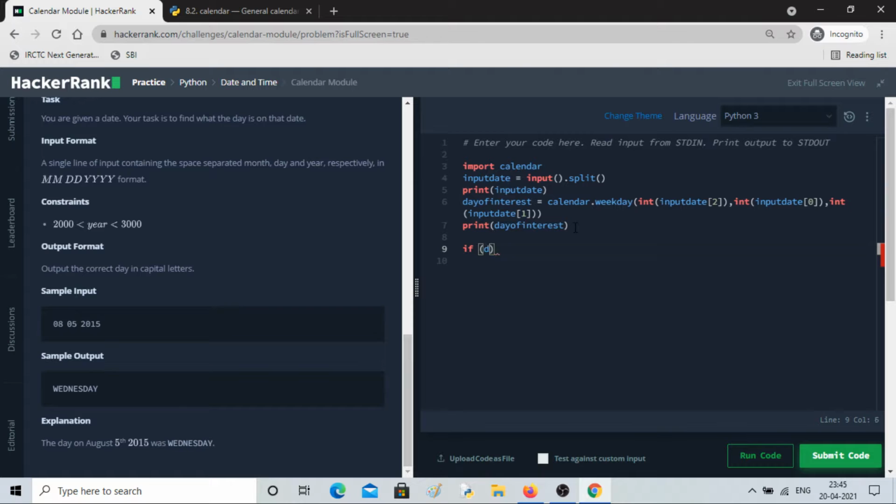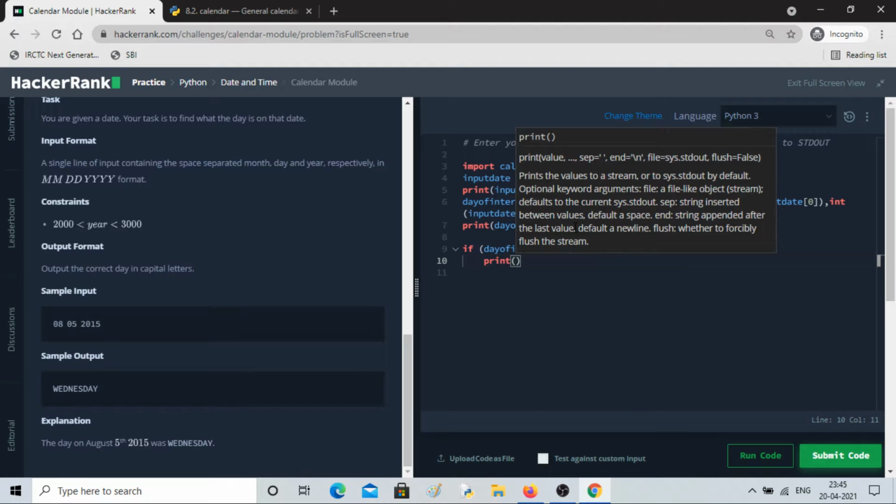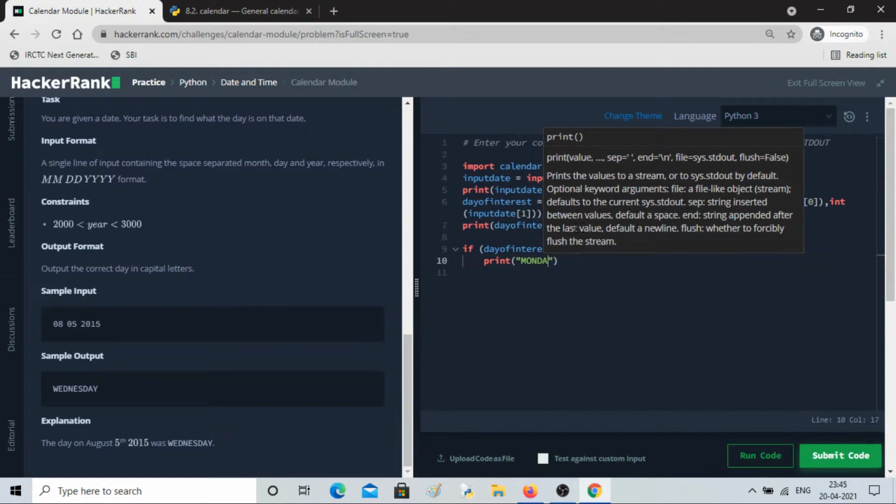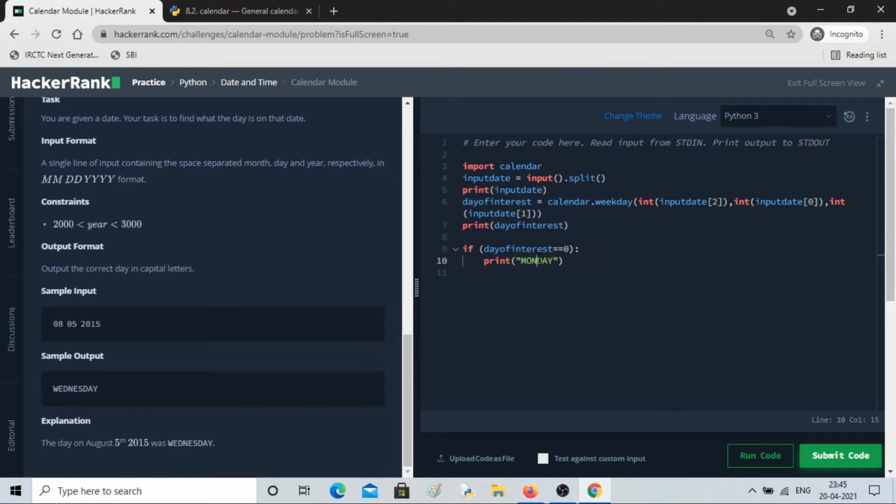So if my day of interest is equal to 0, then I'll print Monday. All should be in capital. That is the requirement. Now I'll copy 6 times.